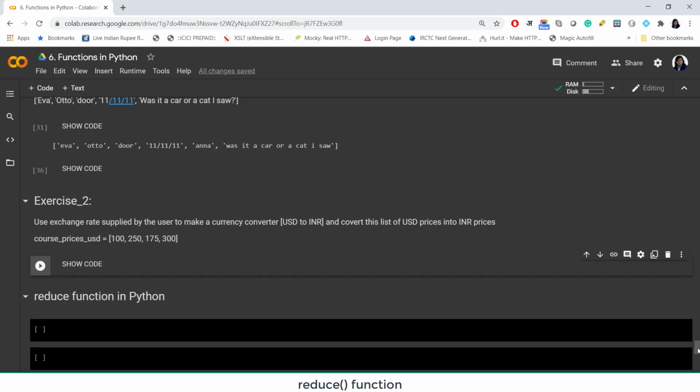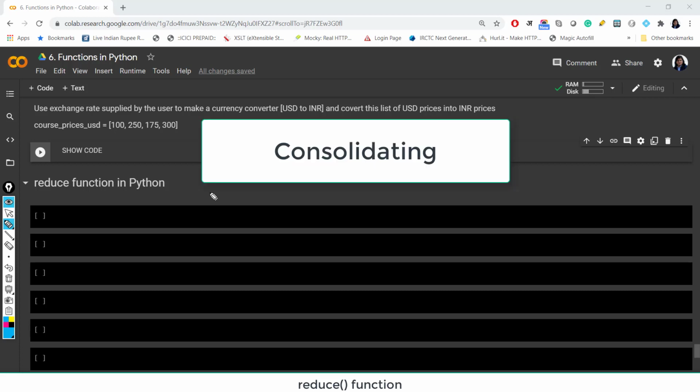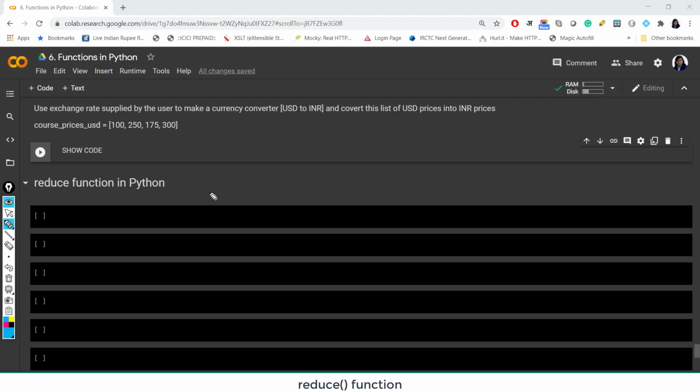Now, reduce function in Python, what does it do? As the name suggests, reduce function basically reduces or folds. It works on folding, or we can say combining or collecting the result in one single item. So how does it work basically? Before we look at the function and its syntax, let me just tell you that it works on recursive principle. If you are aware of how recursion works in any programming language, it works like that.